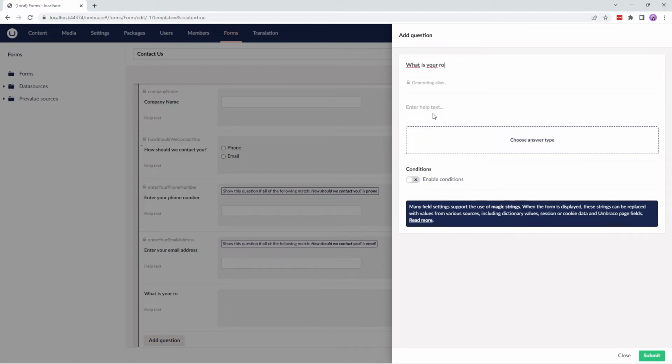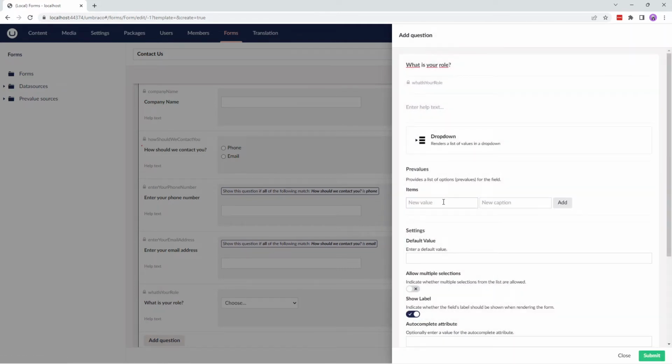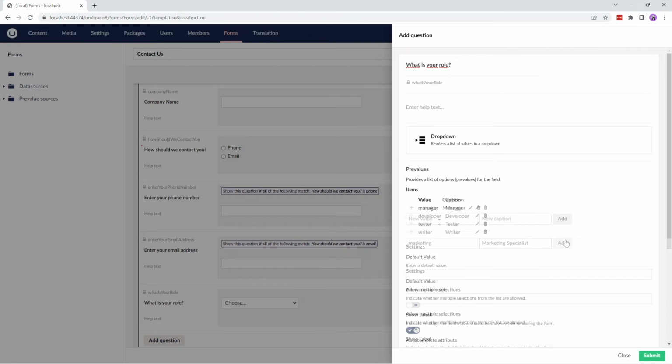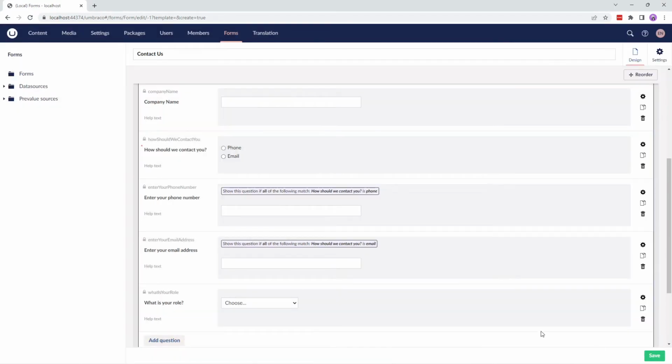Our next question is, what is your role? For this, I'll select the drop-down list as its answer type and add some values to it, such as manager, developer, tester, writer, and marketing specialist, and submit this question. Cool.